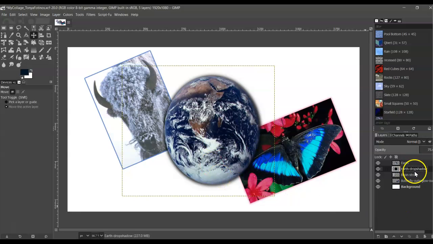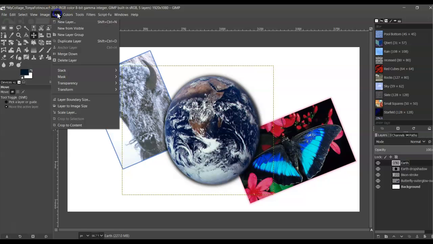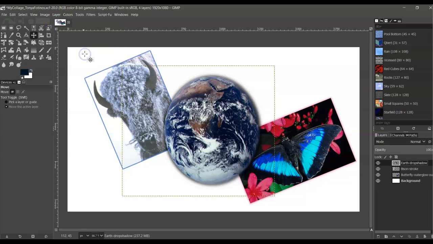All right, now we're going to merge that one down. So select the earth layer, and then go to the layer menu and click merge down. And now it's all one piece too. Okay, so that's it for this step. We'll do our background next. So click